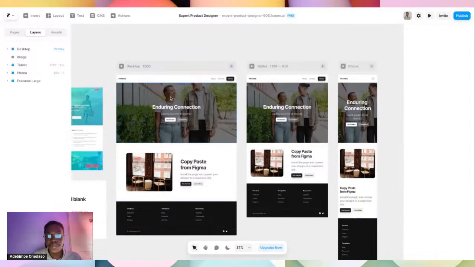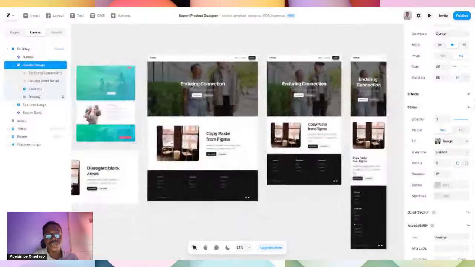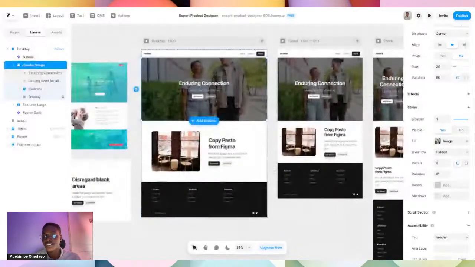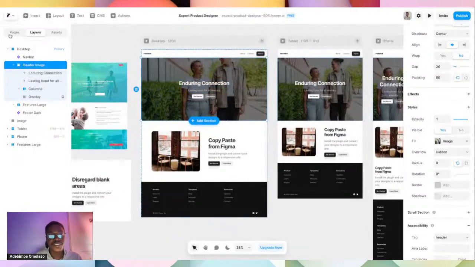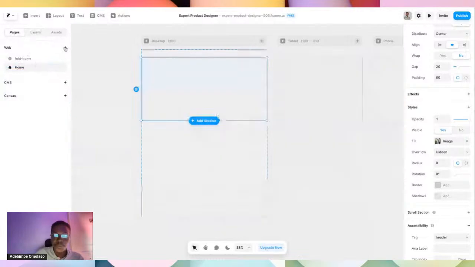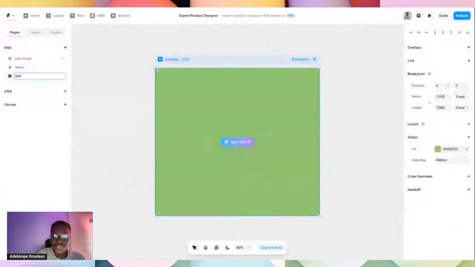Okay, so this time around I want to create another page. I want to create this thing from scratch without the help of Framer, right? So how can I create this? I'm just going to create a different page again. Okay, I want to call it my own